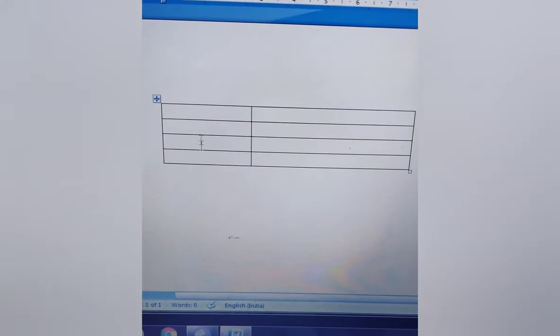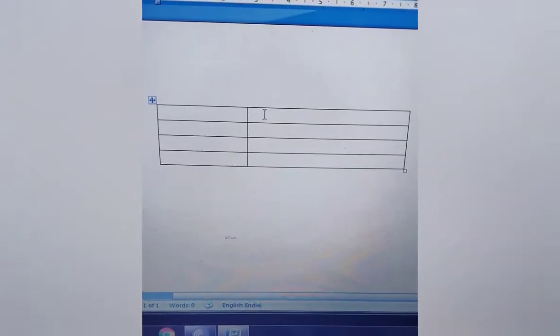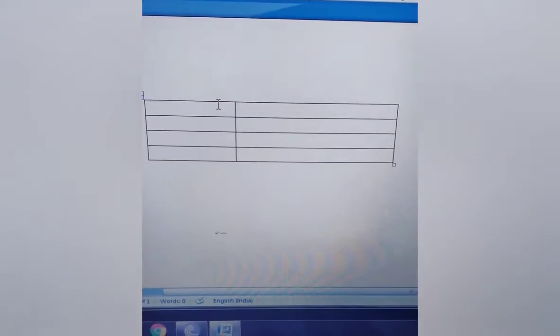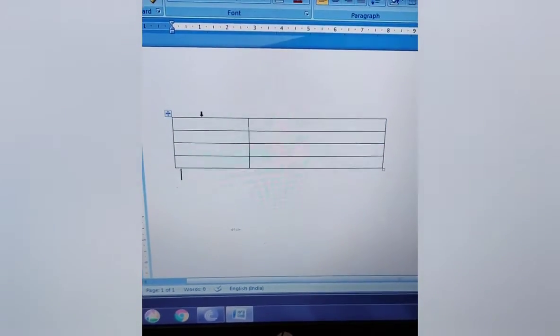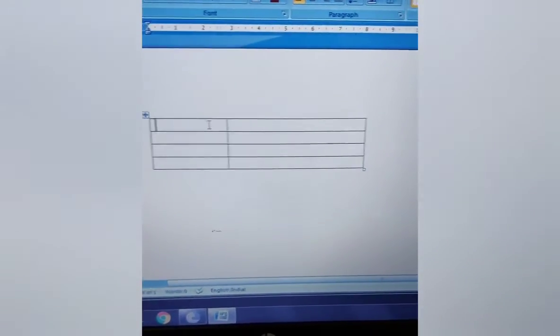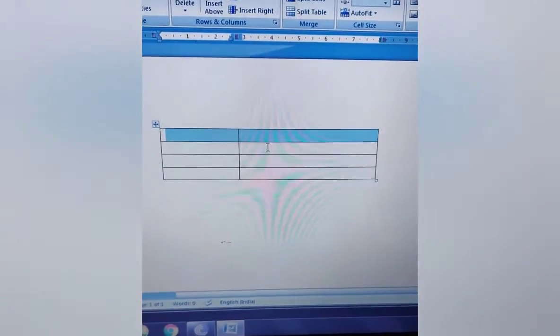So for that we have to select these 2 cells. I have selected 4 cells. I need to select only the first 2. Again, since I am doing it with one hand, it is a bit difficult. Okay, so what do we do?